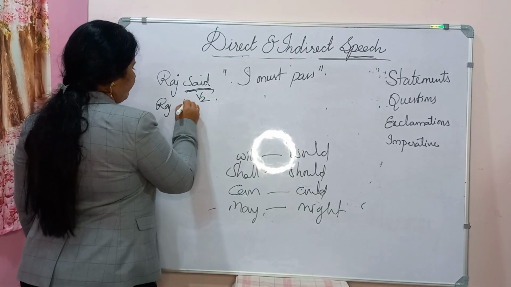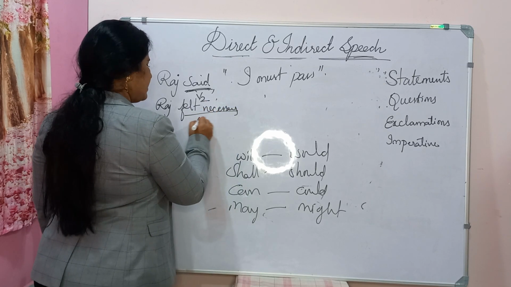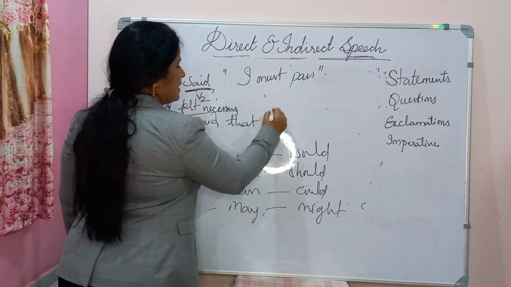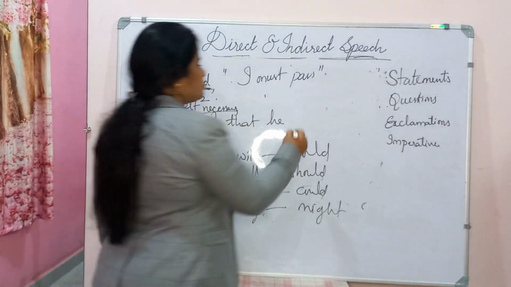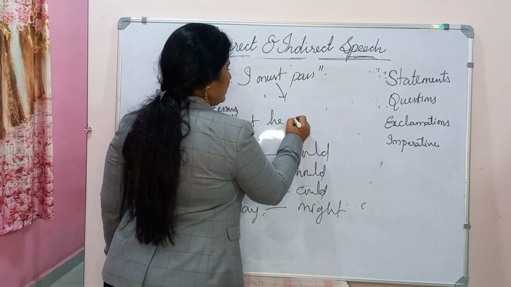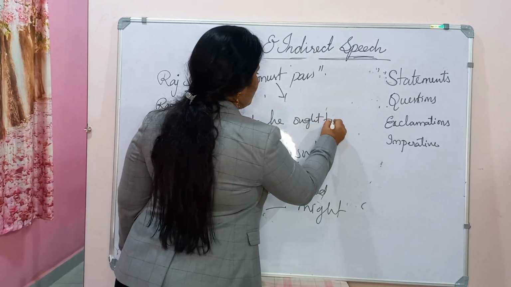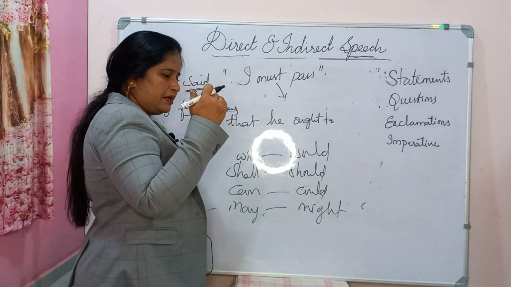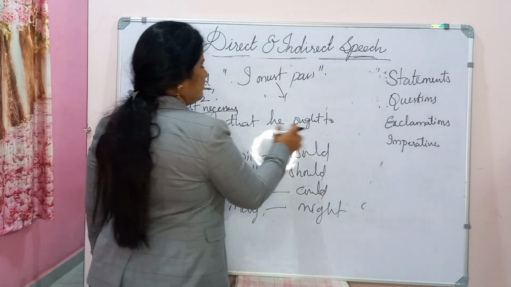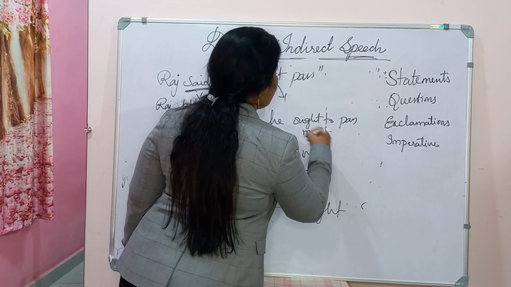Raju felt it necessary, or else, instead of this directly, let's not confuse more. Raju said that he has to pass, he ought to pass. So Raju said that, so basing on this, now he ought to pass, it is his moral duty, he has to pass. So that is how we take the suitable word to convey his right meaning here. So ought to pass, or else must, you can take the same, but anyhow.